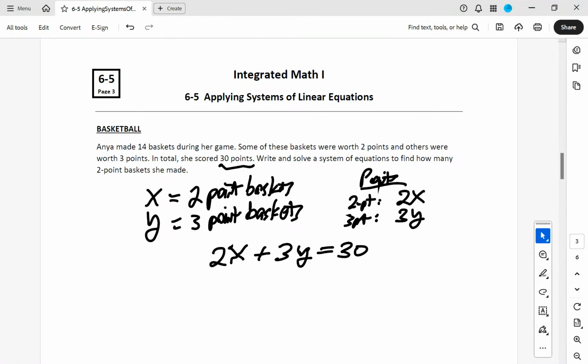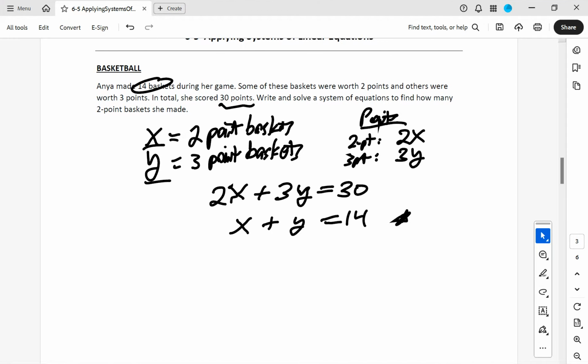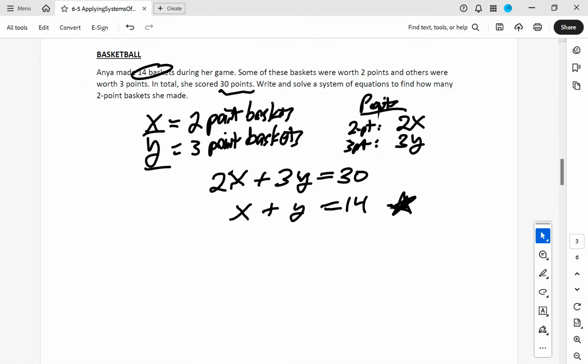We also know this, that she made 14 baskets total, and that has nothing to do with how many points. That's just how many x and how many y. So that means the number of one type of basket plus the number of the other type of basket is 14. And we have a system of equations. That's one of the nice easy ones to write up. And sometimes you'll see that where there's just a total that you get. Okay, that works. Well, now I have the two equations, and now I should solve them